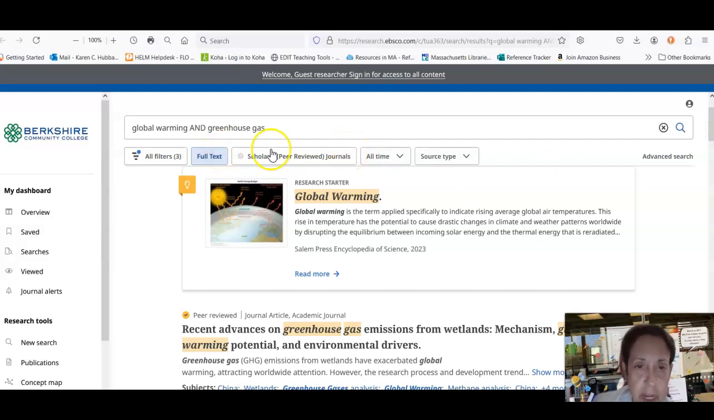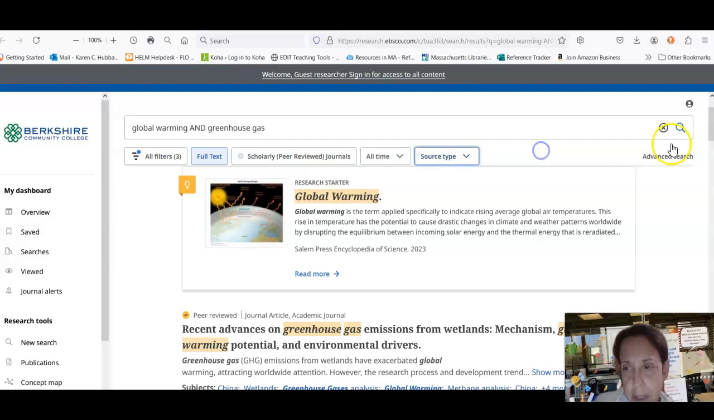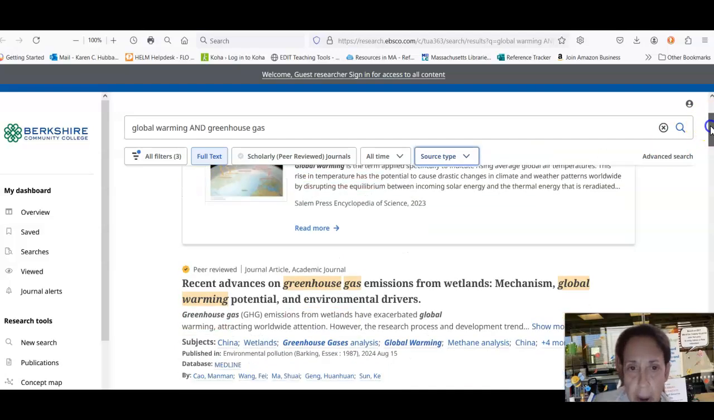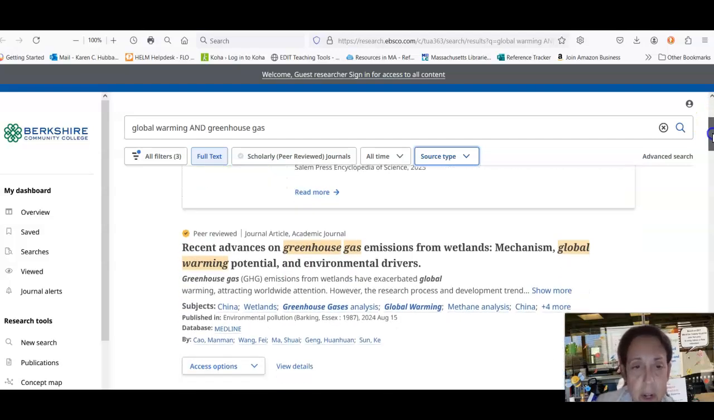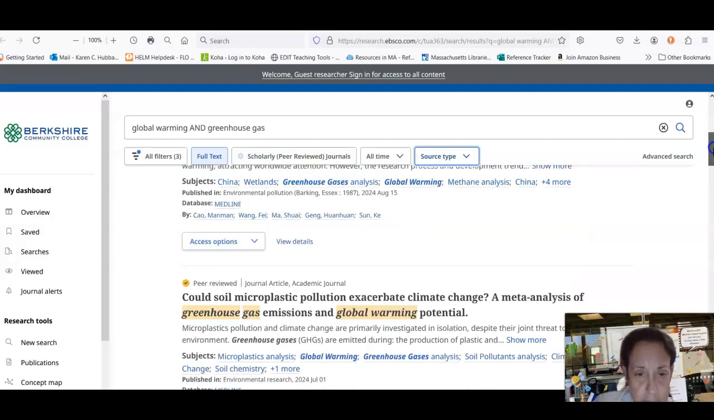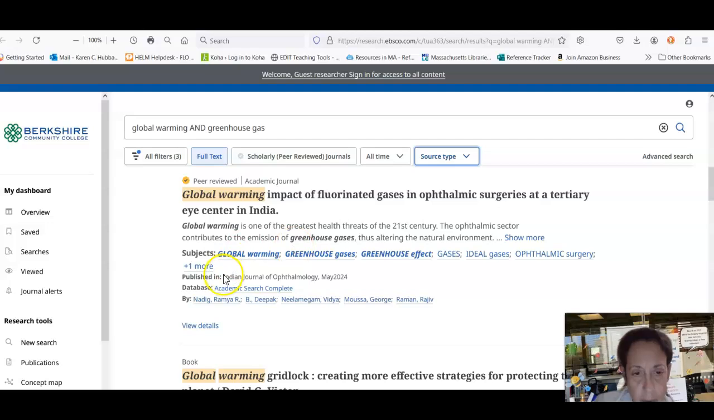And I could look at the full text. I could look at scholarly journals. I could choose different source types, academic journals or newspapers. I noticed the first thing it gives me is an overview, which is kind of that encyclopedia kind of reference material. But then here's articles. This one is from Medline. This one is from Environmental Research. I'm looking at where the resource is coming from, Indian Journal of Ophthalmology,